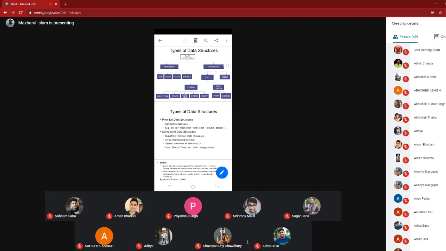Is this diagram visible to all of you? Yes, sir. Okay. From this diagram, you will learn about the stack. What is a stack? What are the various operations you can perform on the stack? What are the applications of the stack? Using a stack, what can you achieve? You will learn in detail in theory, and you have to perform. You have to write down some applications.